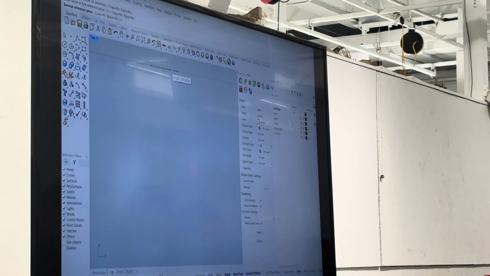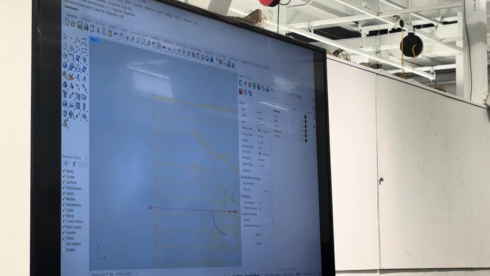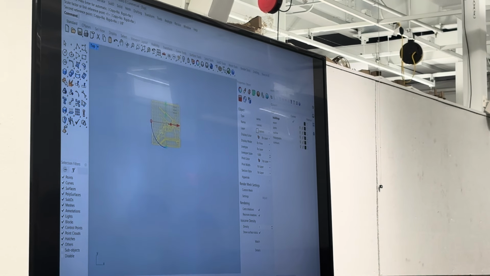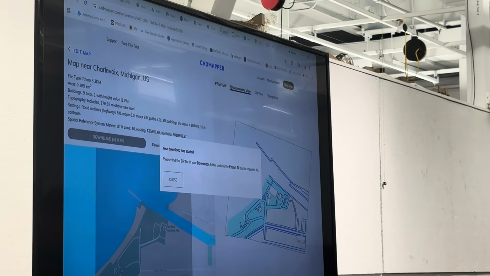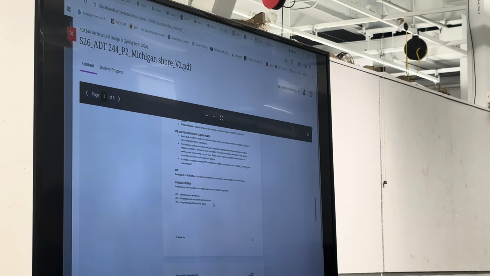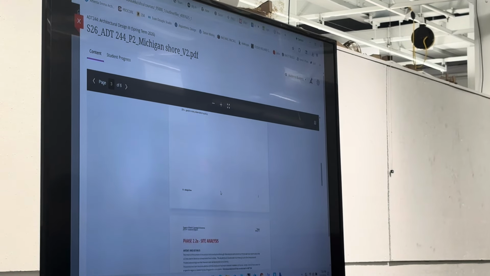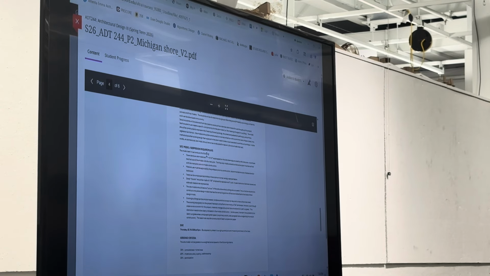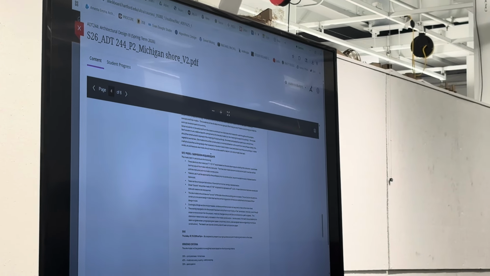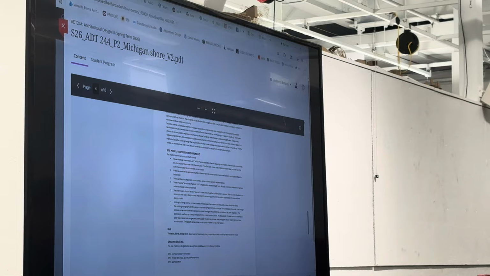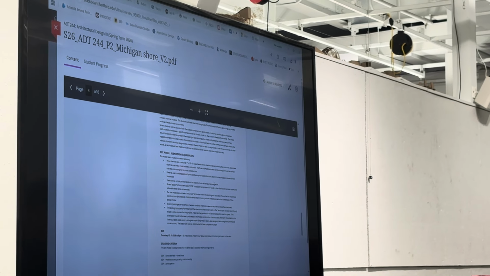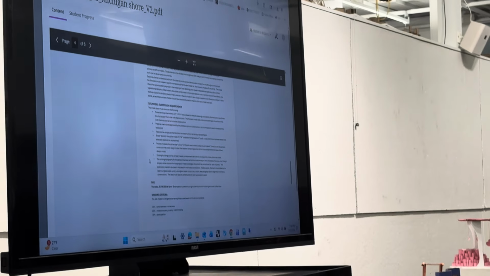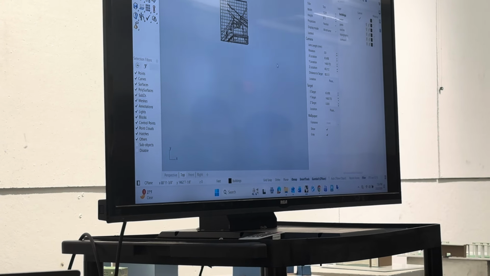And then I'm going to scale that down to 1/8 of an inch. And now I have my model, which is at 1/8 of an inch. And if I go back to the assignment sheet, where is this thing? Sorry, the scale is 1 inch equals 10 feet. So you guys have to scale it in that manner. You draw a 10-foot line and you scale it down to 1 inch. Right? Model the pier the right way before you scale it down